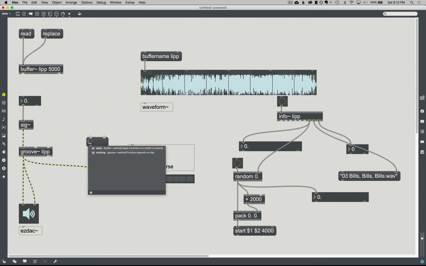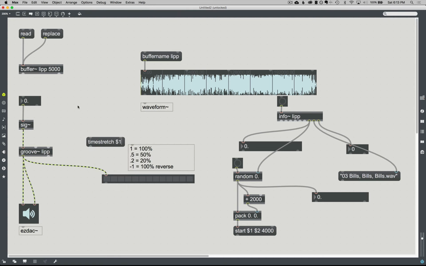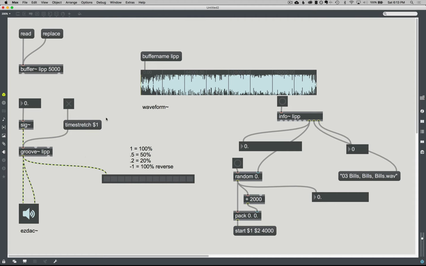I could just do it like this, I guess. Time stretch $1. And what this will do is it lets you slow down and speed up the file, but it'll readjust the pitch to work with what it was before. So I'm gonna just